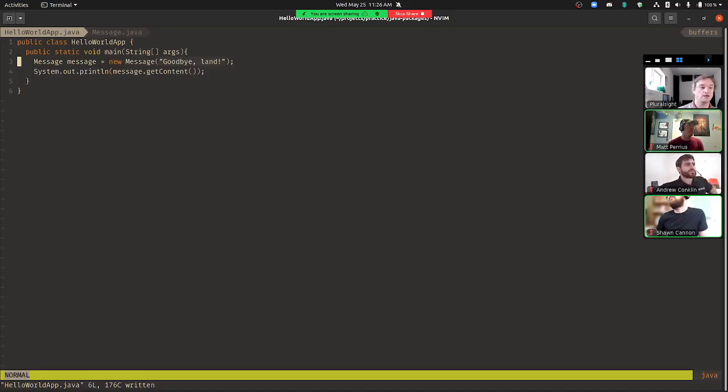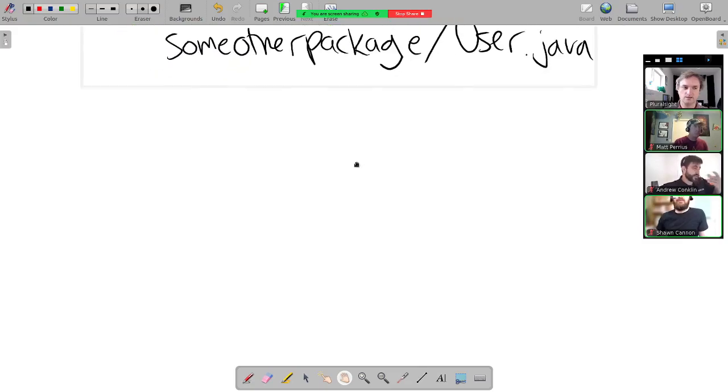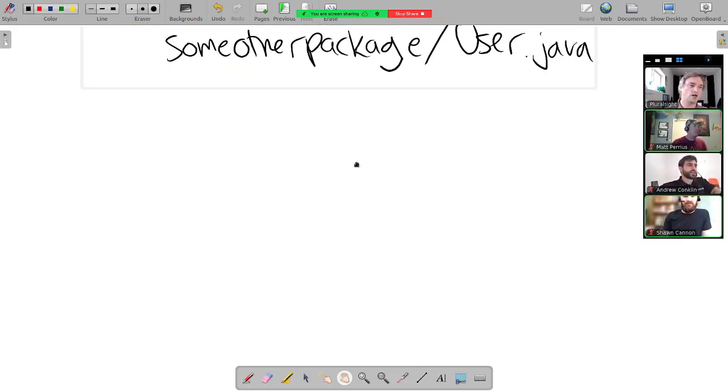All right. Now let's start putting this in packages. The most common format for packages in Java is what we call reverse domain format. This is how you say, this is my code, or this is our company's code.